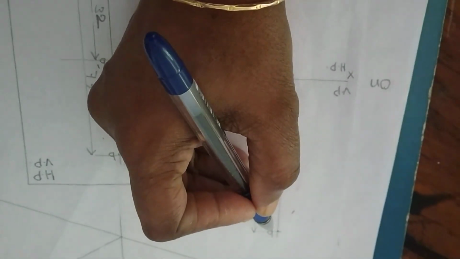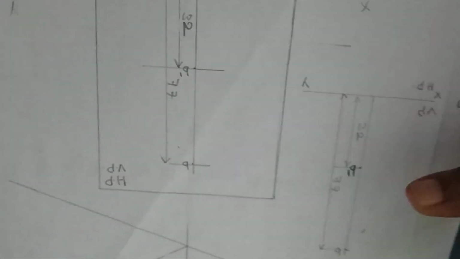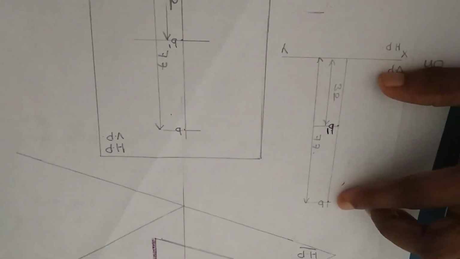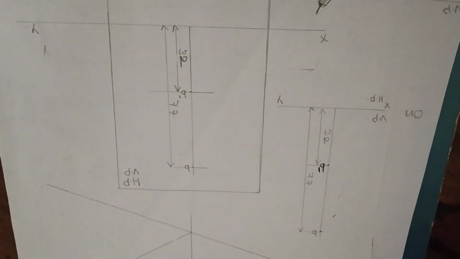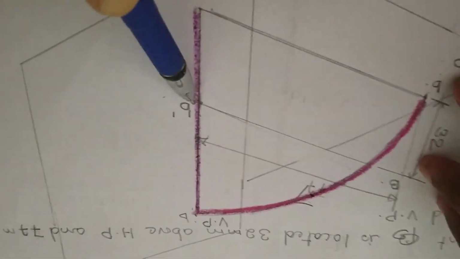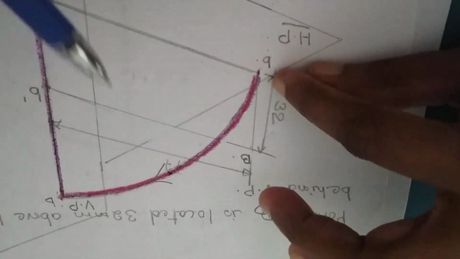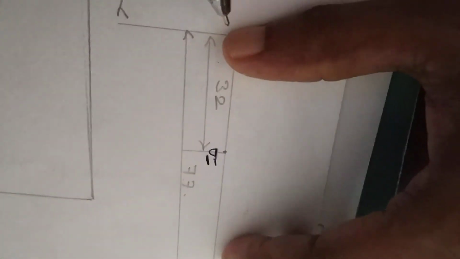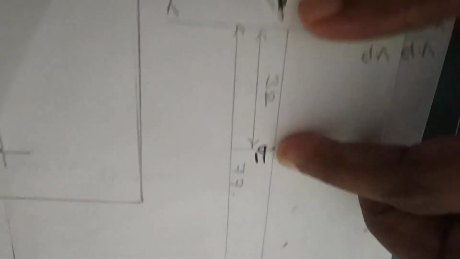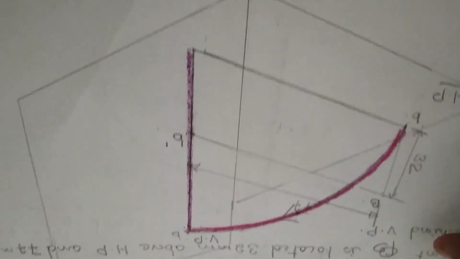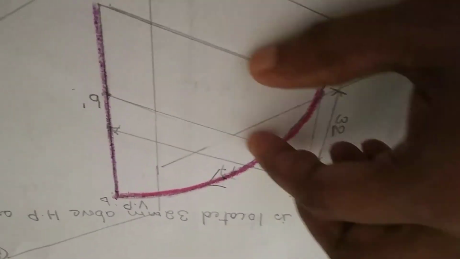I want to tell you once again, when behind VP comes, the point B, or the top view, always comes above. And one more thing, have a look here. You can see my B dash is 32. So this is also 32, B dash. But the distance 77 has been rotated up. So the point B is at 77 and B dash is at 32. Look here also once again, for clarification I tell you. 32, B dash, this one.